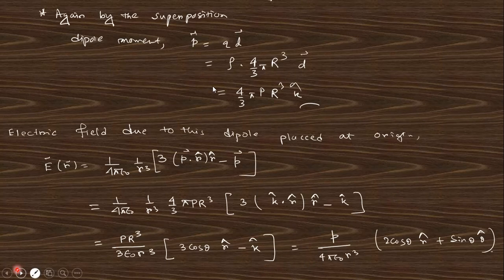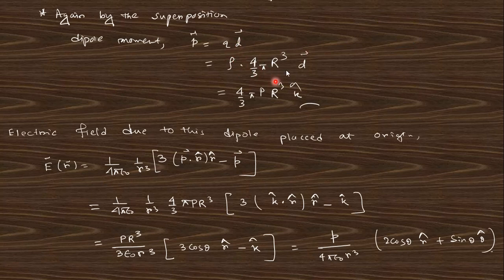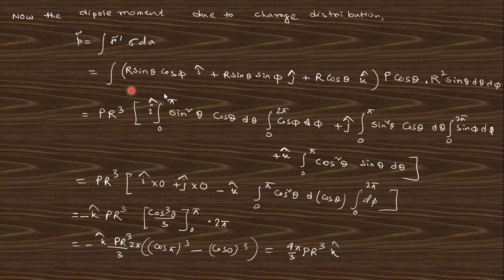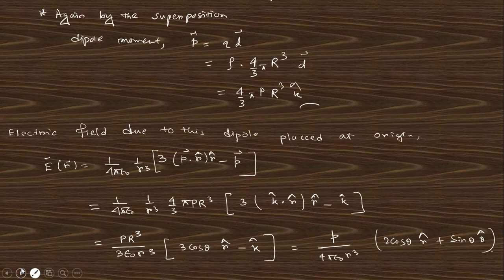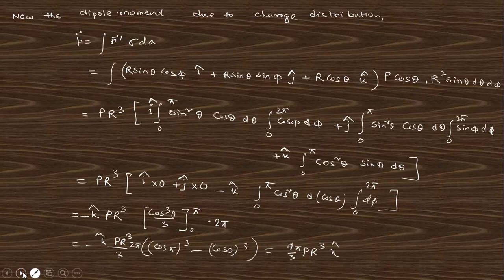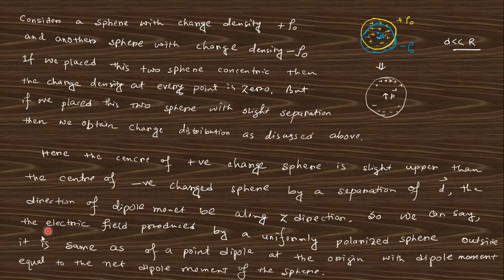And if you want the dipole moment from this concept, where we take this as two charge densities, that is q into d. Q is charge density into volume, into d, and d is nothing but the unit vector along the k-axis. So you can see these two are the same as we obtain from the total distribution, and if you take the superposition of these two, finally you can take the electric field to be like that. You can write down the expression up to that portion for the answer of this question. Okay, I think it's clear. If there is any doubt, you must comment in the comment box.